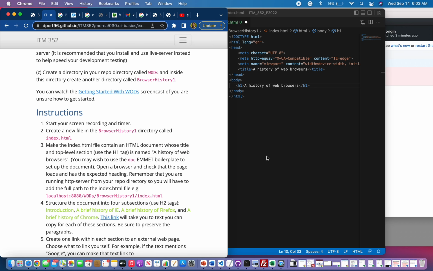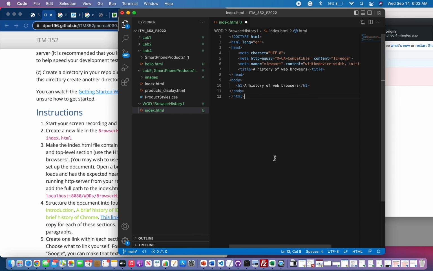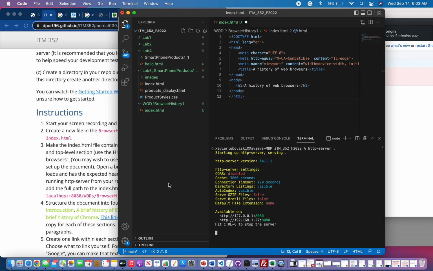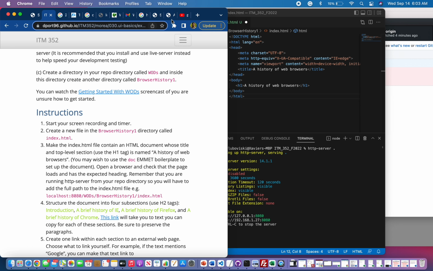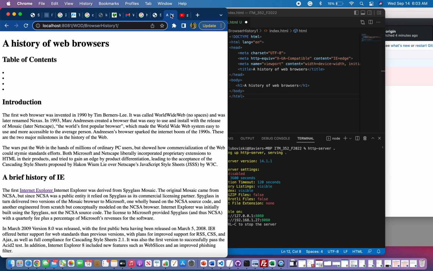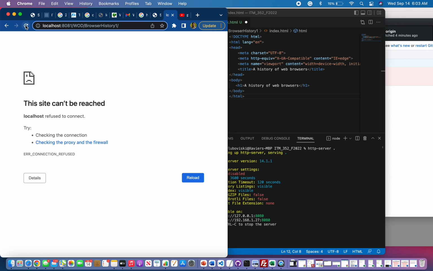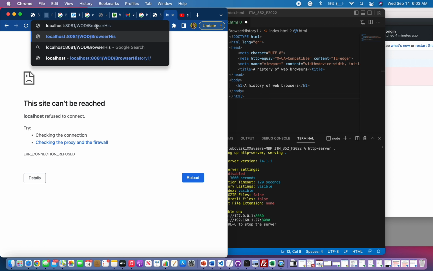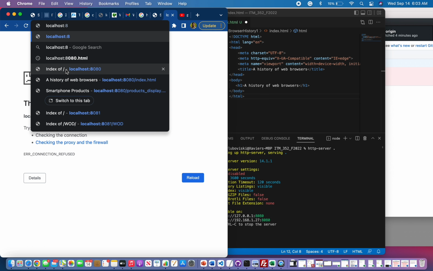All right, and now it wants us to open the browser and check that it works. So I'm gonna open up an HTTP file server. Sorry, make sure that it works. All right, we're on line 8080. Let's find it. There we go. That was my last try right there. So cancel that one. I was on 8081 for that one. This one's on 8080. So changing it,